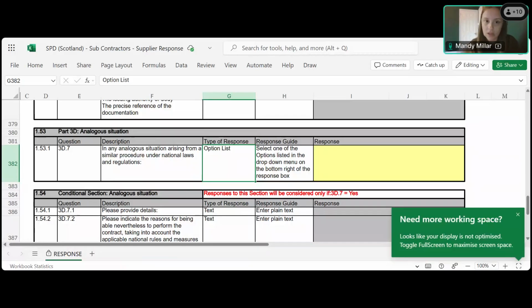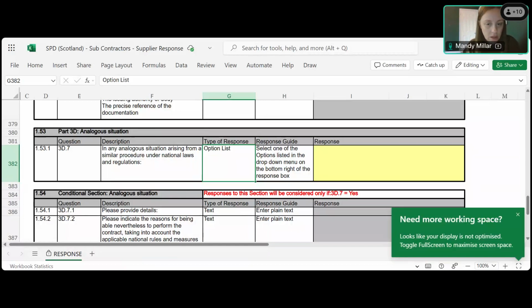And again, those are yes or no questions with a drop down. So if you then don't comply, then you need to give a bit more explanation. That little box will come up for you. Okay. And then the bit that I wanted to go into, once we've done all those